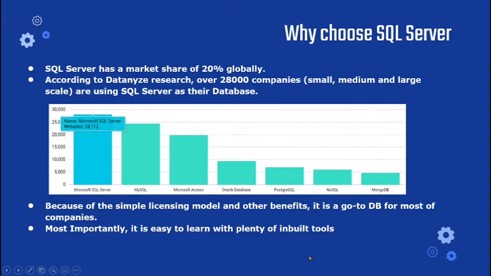All the other vendors are coming next to the SQL Server. Why would companies choose SQL Server when they have the other vendors in the market like Oracle or MySQL or IBM DB2 or for that matter PostgreSQL? The reason is straightforward. It's because Microsoft provides a simple licensing model and it is easy to manage for the